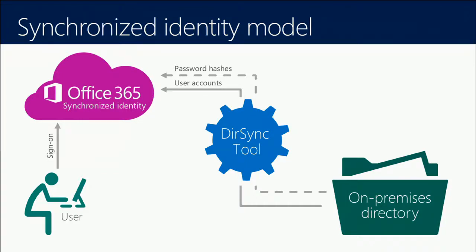the folder there or user accounts with their attributes. Lots of people already have Active Directory or some other on-premises directory where their users are stored. So what we want to do is we want to synchronize those up to Office 365 so that you don't have to retype them in. Or import them, or do any other stuff. We use this tool called DirSync, which will run on a server on premises. And